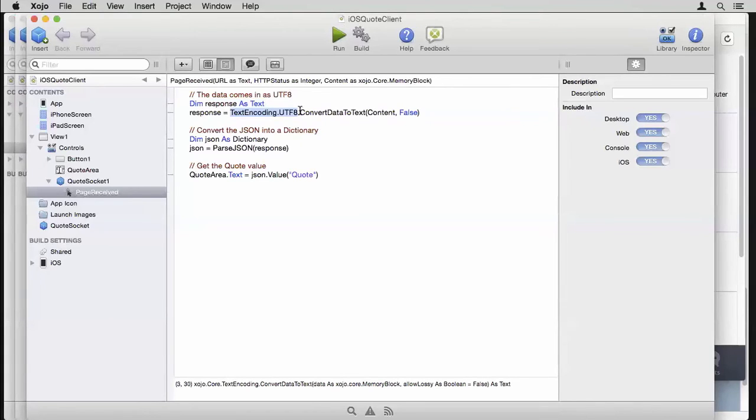And then once I have that, I can call the ConvertDataToText method, supply in the data, and then supply the optional parameter here, which is allow lossy. I didn't actually need to include it because false is the default. And that just means, will it raise an exception, or will it,